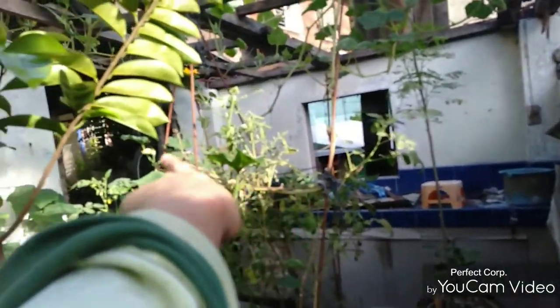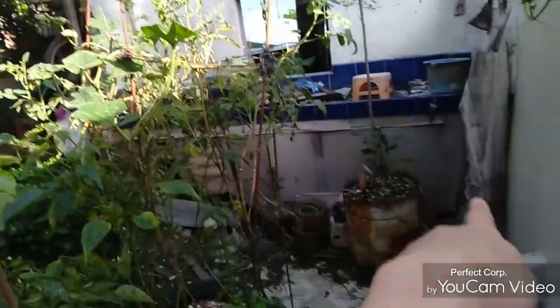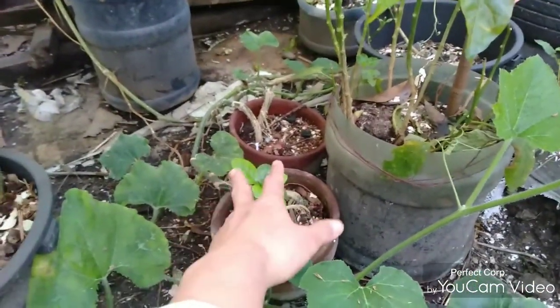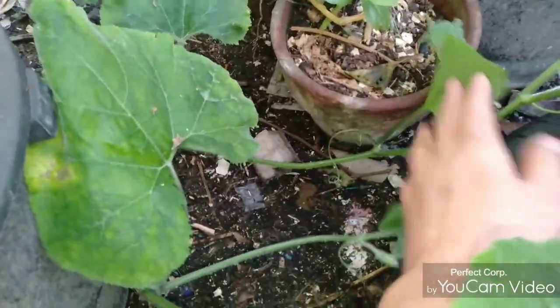Wait, I just walk by there. I enter that door and walk by here, and we will sneak here and you'll see the 2 pots. So these are my first 2 pots, where my first 2 squashes grow. As you see, these are just small pots